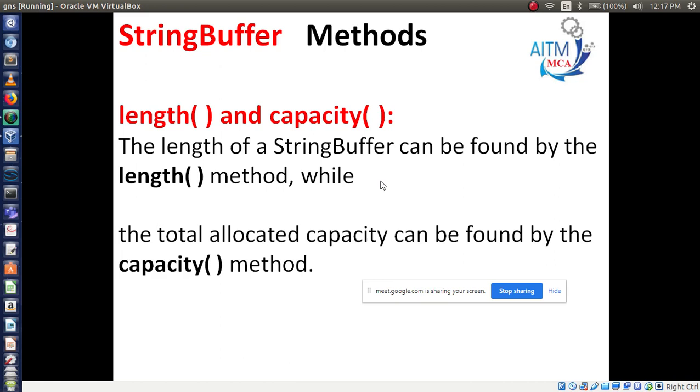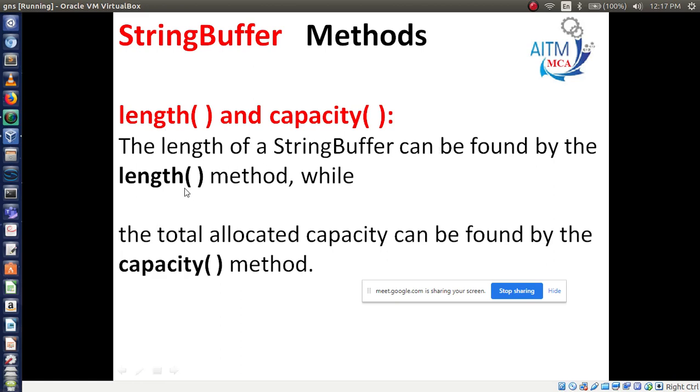What are the methods we are using in the StringBuffer class? First, length and capacity. I think you are aware of the length method. You have used it with arrays, in the String class, and you are also using this method in StringBuffer. Both methods are the same in meaning. The length of the StringBuffer can be found by the length method.